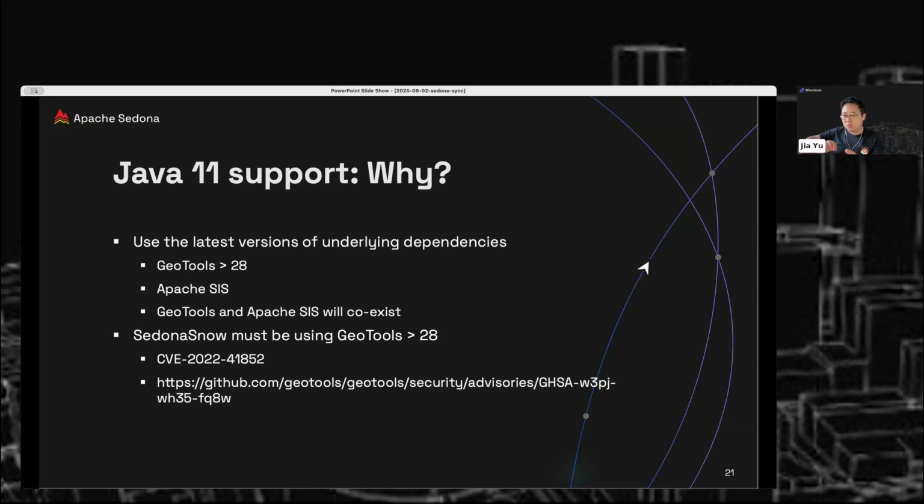On the other hand, GeoTools and Apache SIS unfortunately have namespace conflicts, due to their long history, right? By upgrading to Java 11 and using the latest versions of GeoTools and Apache SIS, we can have both projects as dependencies of Sedona and also address the namespace conflicts. Another thing is, as I mentioned, the GeoTools dependency has security issues, right? That actually prevents us from releasing the latest version of Sedona Snow. Sedona Snow, as I mentioned before,